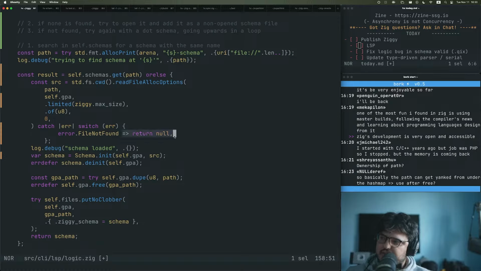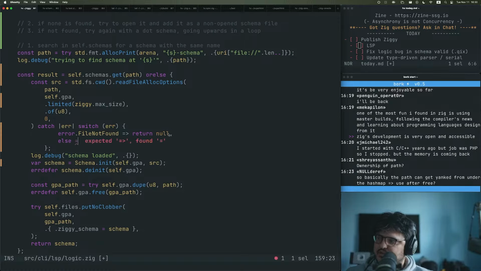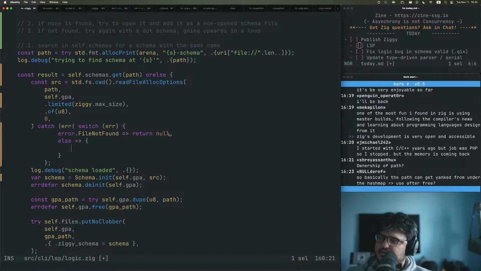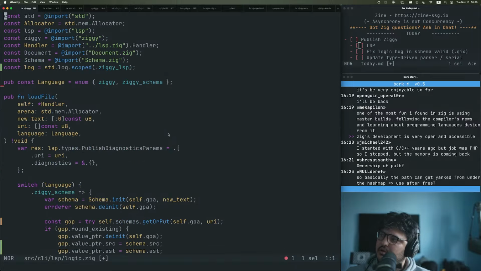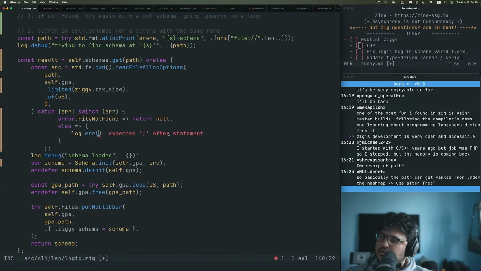Okay, I'll need to fix this control flow in a sec though. Else, let's do it like this. Else, log.info or error. Log.error. Do we have log? Yeah, we do. Log.error,